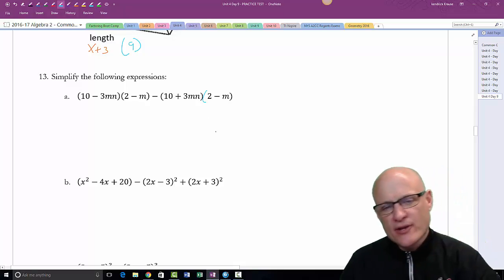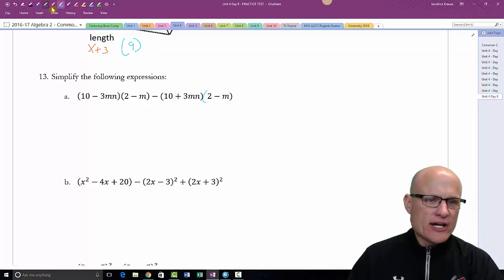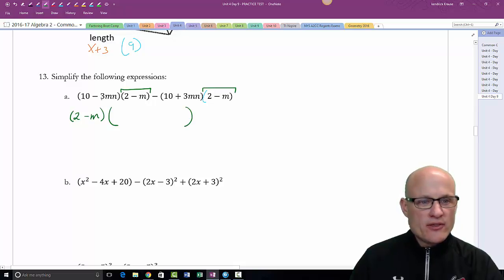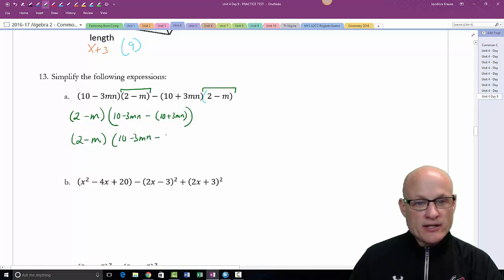This is a weird one. I'm trying to think if I should do this one way or another. Here's what I noticed: they both have this in common. So I'm going to factor that out, and I get 2 minus m times this minus this. 10 minus 3mn minus 10 plus 3mn. So that's 2 minus m times 10 minus 3mn minus 10 minus 3mn, which is 2 minus m times